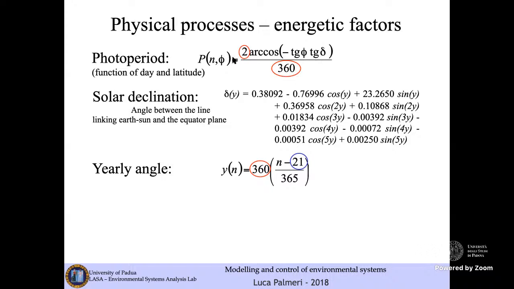So this function, photoperiod, goes from 0 to 1, 0 in our hemisphere. 0 means,